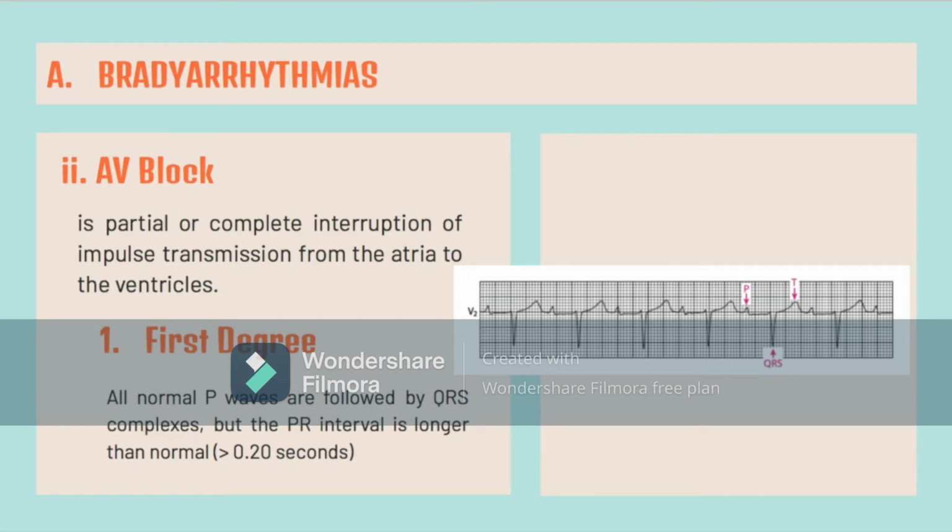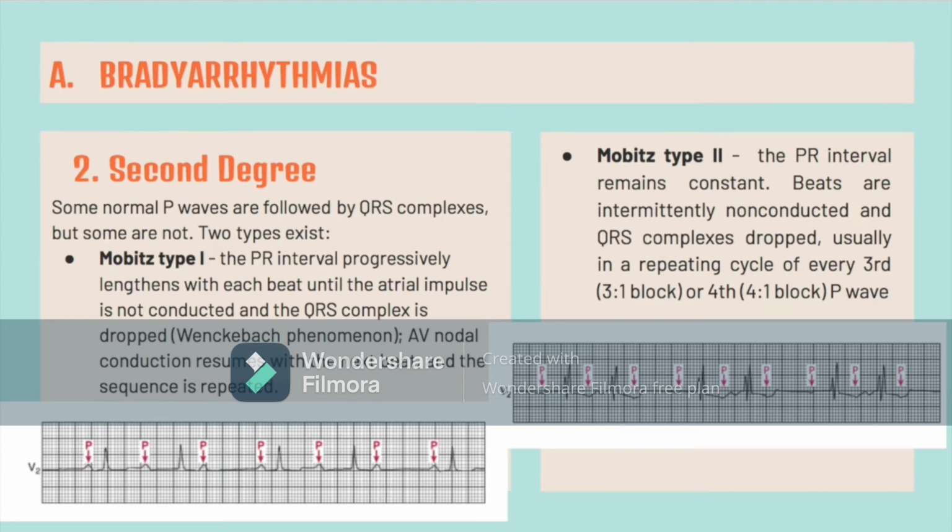And next is the AV block, which is a partial or complete interruption of impulse transmission from the atria to the ventricles. This is the first degree, and on the side is a picture of an ECG of the first degree AV block, in which all normal P waves are followed by QRS complexes, but the PR interval is longer than normal, greater than 0.20 seconds. For the second degree, some normal P waves are followed by the QRS complexes, but some